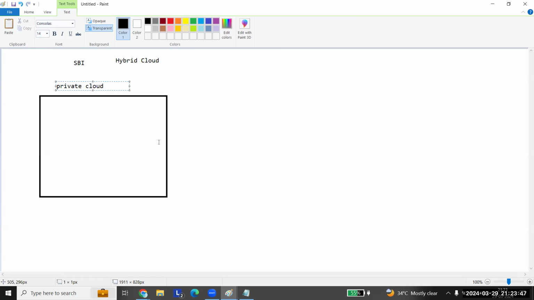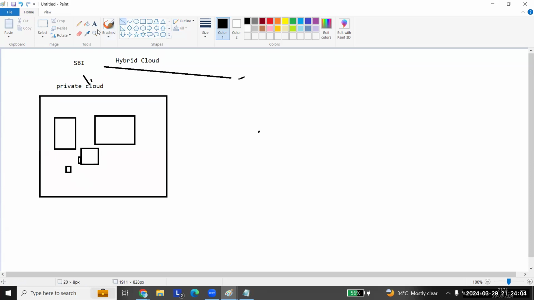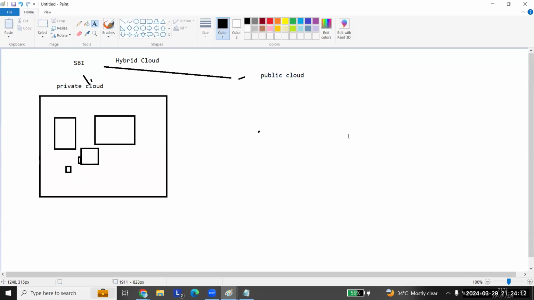The private cloud is of SBI, because this is maintained by SBI. So here you have data. You'll have all the data here in the private cloud. But SBI will also go to the public cloud here. Right? We know. So what happens in the public cloud?